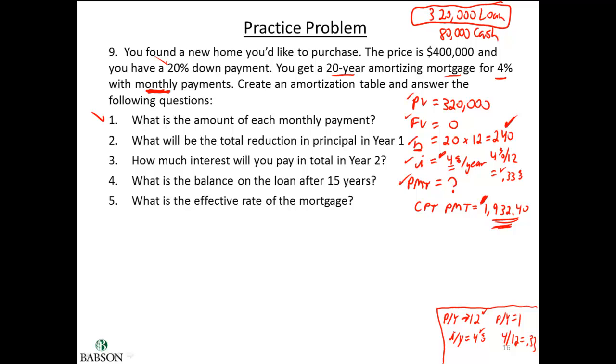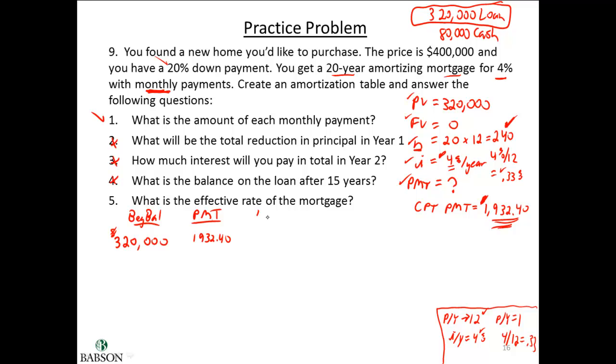That's my monthly payment. So let's go through the beginning part of an amortization table, maybe not the whole thing. I'm not going to worry too much about 2, 3, and 4. Let's just talk about an amortization of this loan for the first year. So let's create a little amortization table. I know at the beginning of the first year, the balance of the loan is going to be $300,000. I know my monthly payment, beginning balance, payment, is going to be